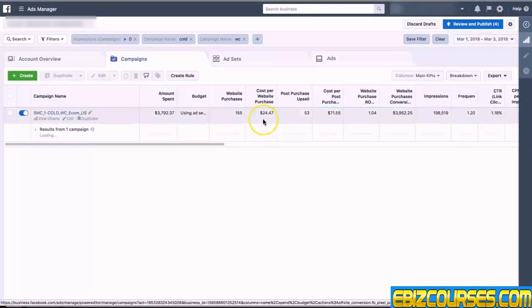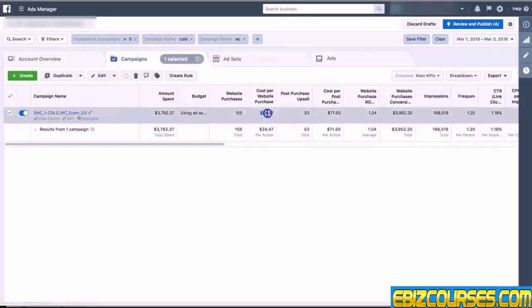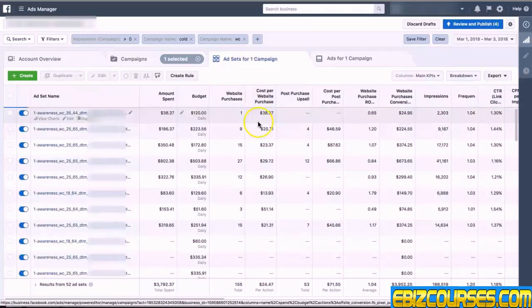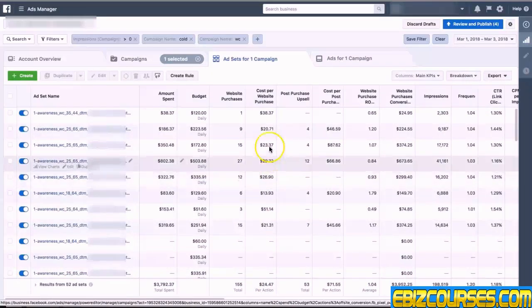So here I want to look at the overall campaign and get a sense for how CPA is doing. The cost per acquisition for this particular campaign is $25 because we know that when we bring in upsells, it brings the CPA down and it hits the target for this particular campaign. And considering lifetime value, we create profit out of it. So now we've filtered it out, I can go into the ad set level and look at the same metrics across the ad set. So here at my $25 overall campaign level, I'm looking for the outliers that are spending